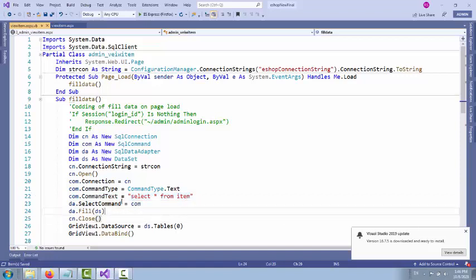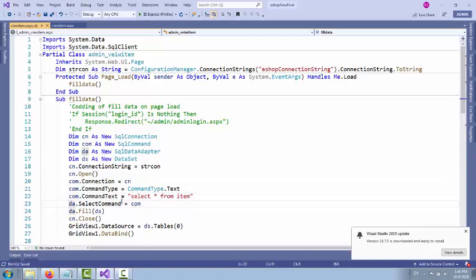After opening the connection, we have to give the command connection and the command text. Then it is time to fill the data.